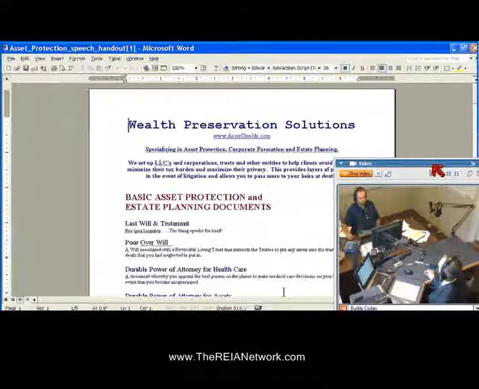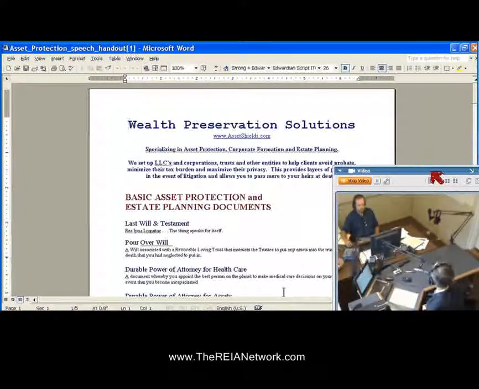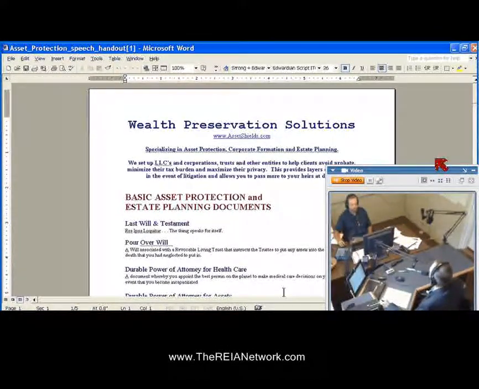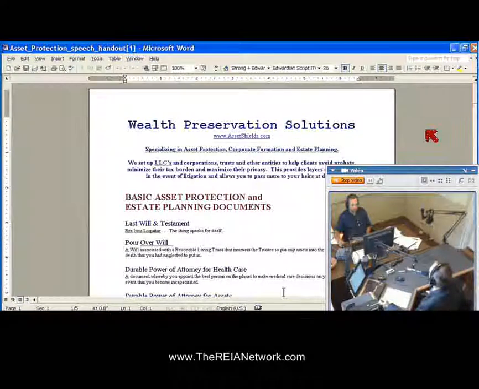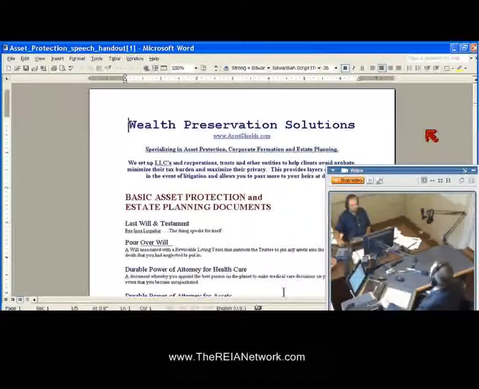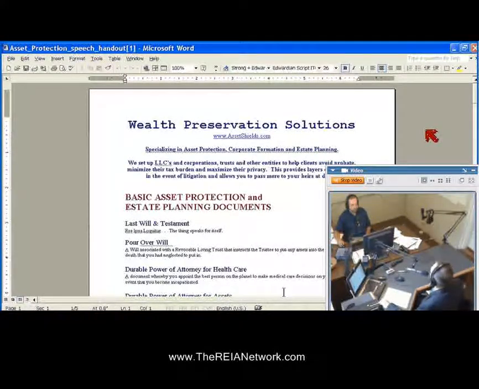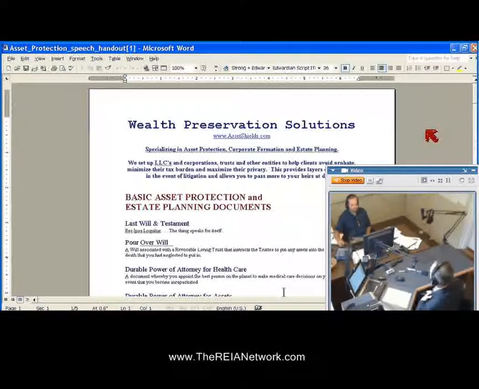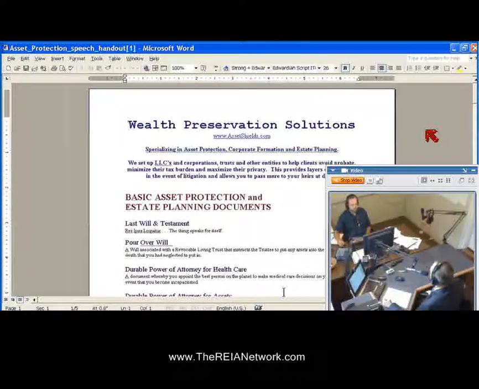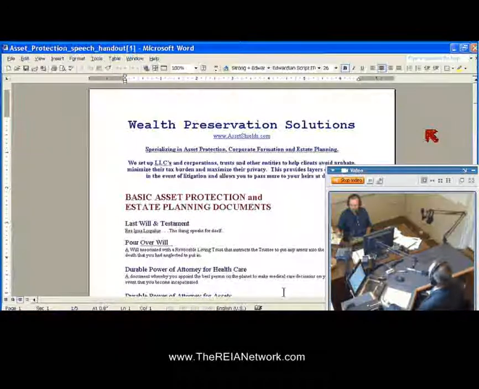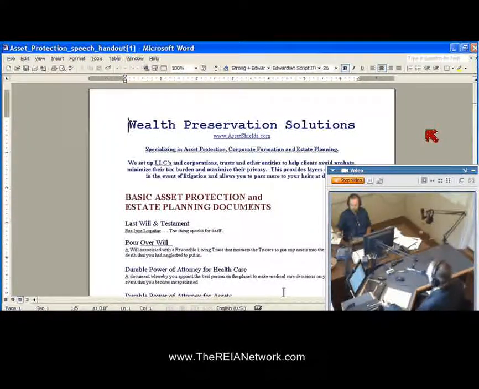The perfect example would be my daughter when she turned 16. I'm looking at this girl thinking, my goodness, if the child has a wreck, who are they going to sue? They're not going to sue her. They're going to sue me. So I decided I was going to get that car out of my name and into a personal property trust. If she had an accident, we would do the right thing, and the insurance would cover things. But if they wanted to sue me, they're suing the trust, and the only thing they get if they win it all is the assets of that trust, one wrecked vehicle.